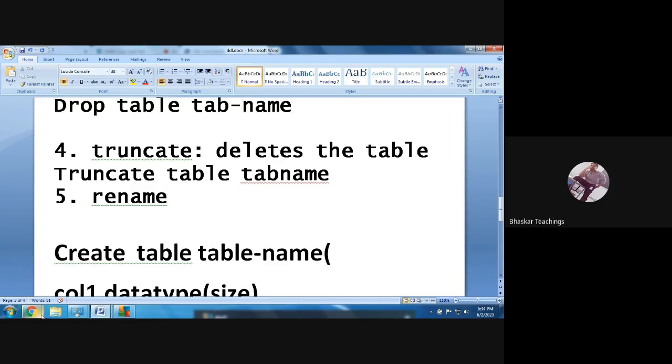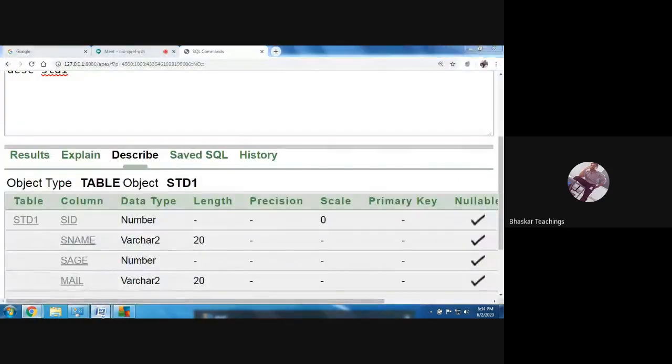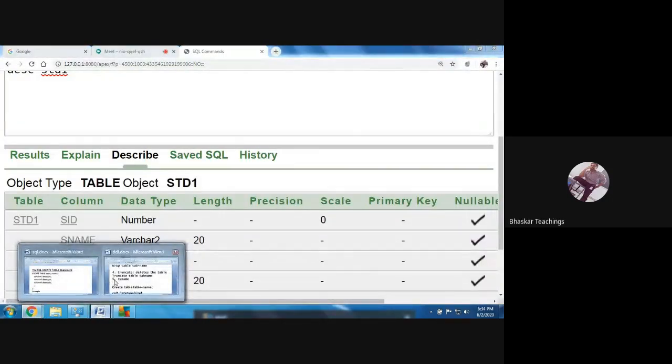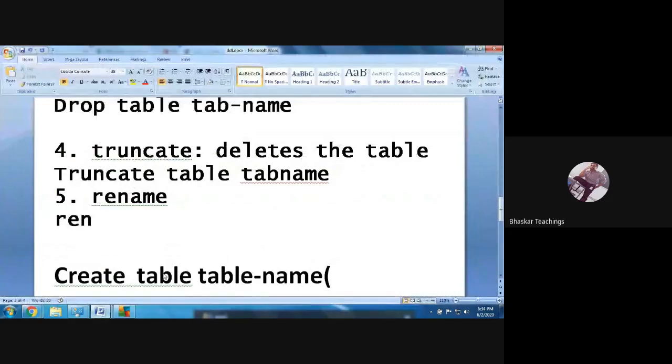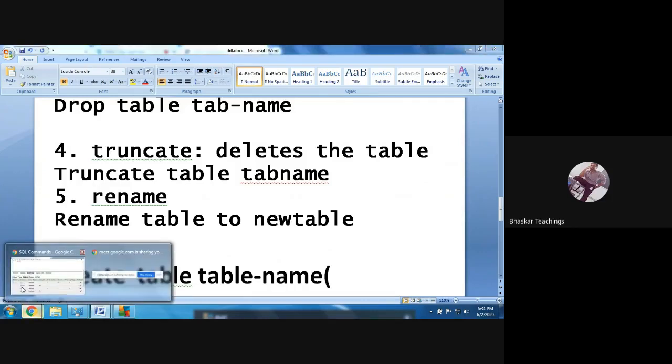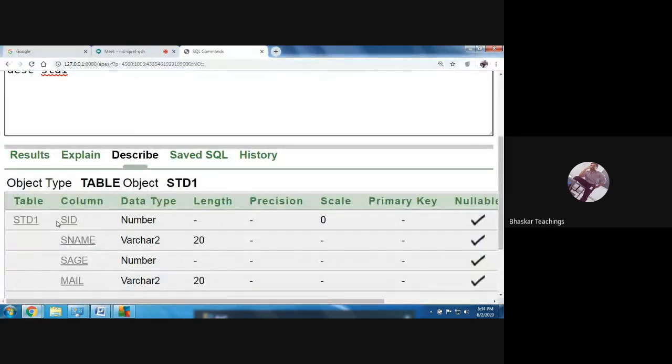Okay. So simply the command is rename table to new name. This is a bit easier compared to the alter table rename option. Let us get back our previous name, that is student. What is our table name here? std1.